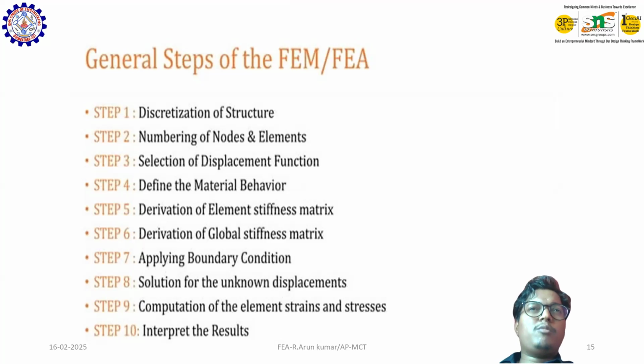For example, Young's modulus and Poisson's ratio are different for different materials, but the same for all the elements. And also the derivation of the stiffness matrix. This is the foremost thing to do when solving an FEA problem. Whenever you have to solve any problem, you have to find the stiffness matrix for the particular